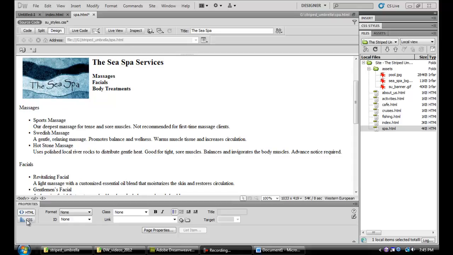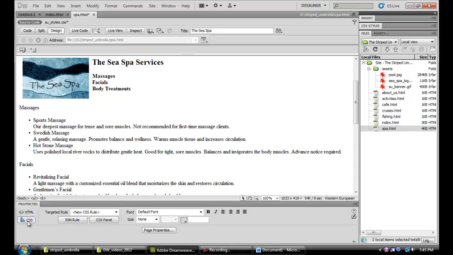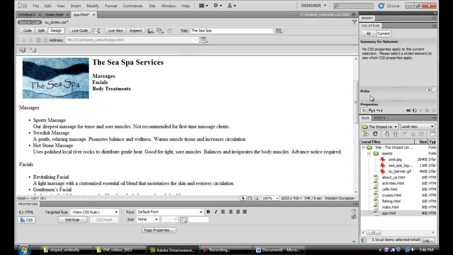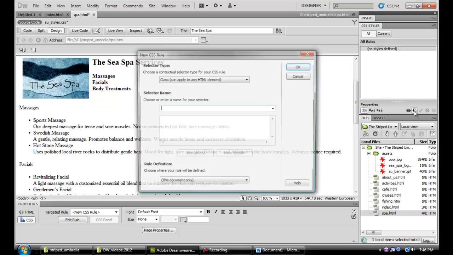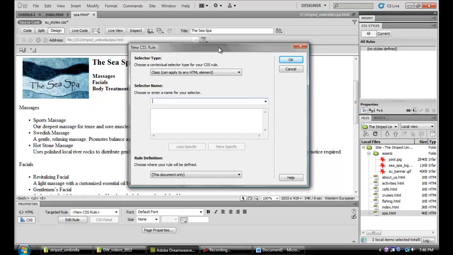In the properties panel, change from HTML to CSS, and some items at the bottom do change. And then also have the cascading style sheet panel open, possibly expanded, and then select all. Next thing we're going to do is in that panel there's a button that says new cascading style sheet rule. Click on that and it's going to bring up a place where we can add a few items. First we're going to add the name, which is called list